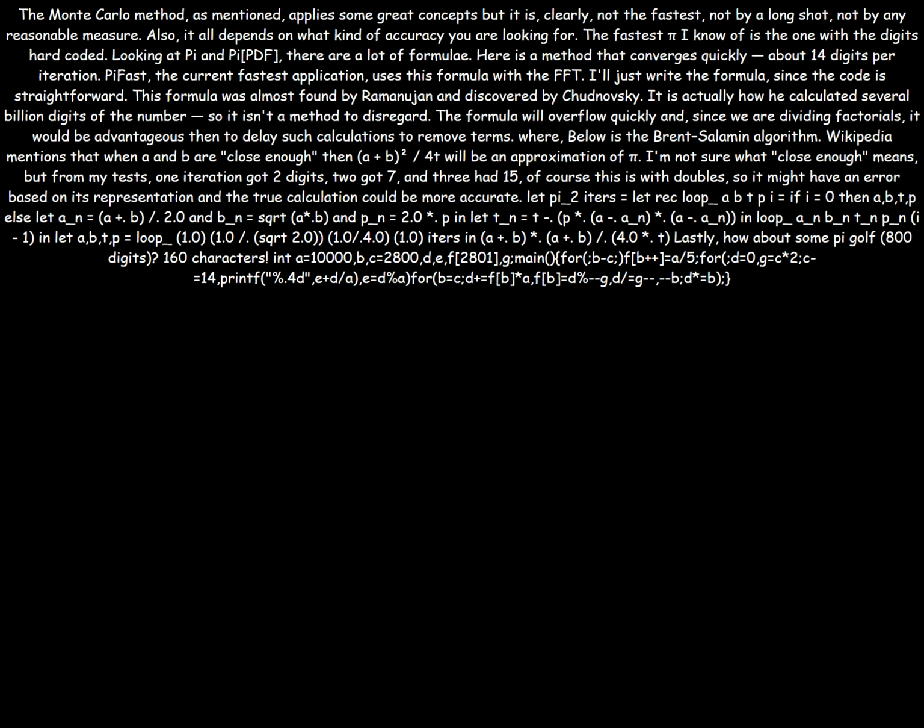Lastly, how about some Pi Golf? 800 digits, 160 characters. int a=10000,b,c=2800,d,e,f[2801],g; main(){for(;b-c;)f[b++]=a/5;for(;d=0,g=c*2;c-=14,printf("%.4d",e+d/a),e=d%a)for(b=c;d+=f[b]*a,f[b]=d%--g,d/=g--,--b;d*=b);}